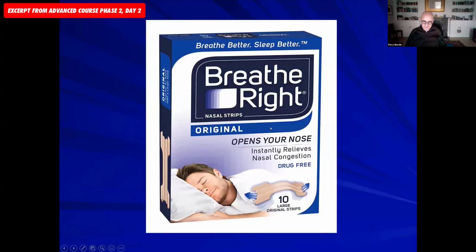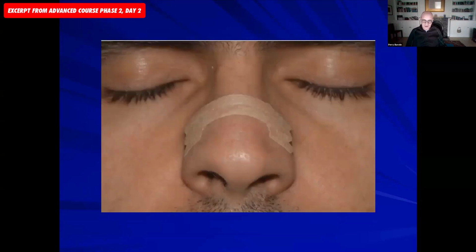We know that most of the airflow, about 90%, is at the bottom part of the nose, but the feeling of congestion is around that internal valve there. And so we give them some Breathe Right strips. This is what it looks like. And if they pull their cheek skin out, or they use this and say it looks better, and they look like they've got a very narrow nose, then I know that what we're probably going to want to do is try and get that part of the nose